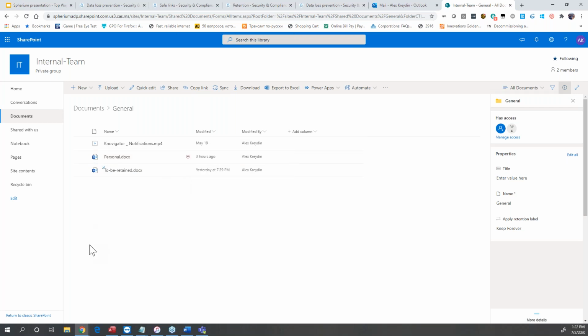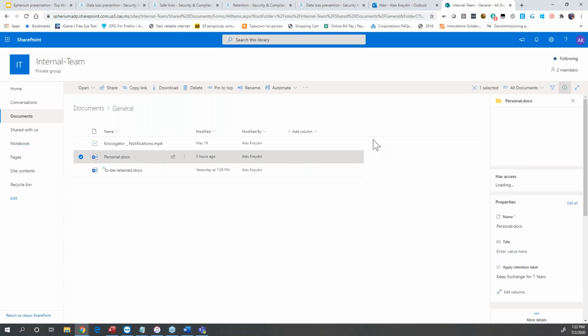Can you guys see it? Can people see it, you think? I think so. Yeah, if you hover, yes. If I hover, it actually gets closed, but right there, right next to the file, it has a little stop sign, which basically means it's protected and unshareable to people from outside of your organization, right? So if I attempt to share it,